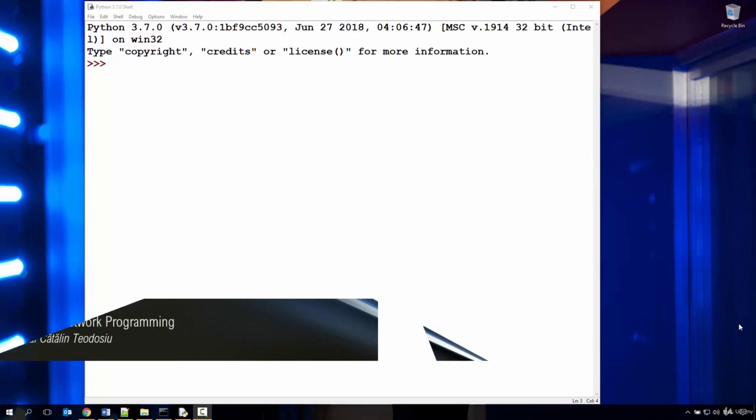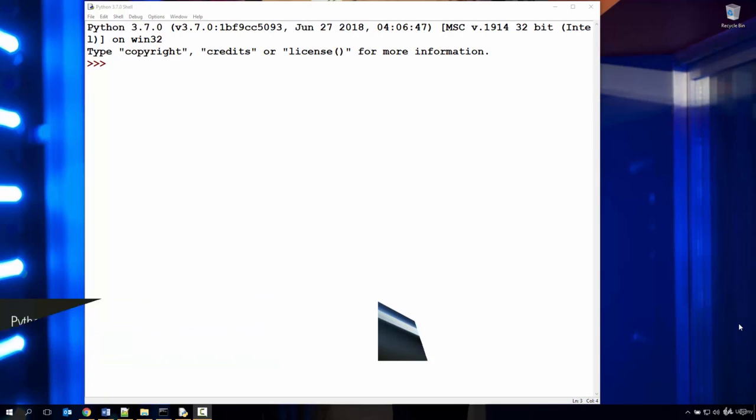Okay, we've talked about indexing and how we can determine the length of a sequence, in our case a string, using the len function. Now let's see other operations on strings. First, one more thing about indexes, you can find out the index of a character inside a given string by using the index method. Just remember that this method returns only the first occurrence of that particular character in the